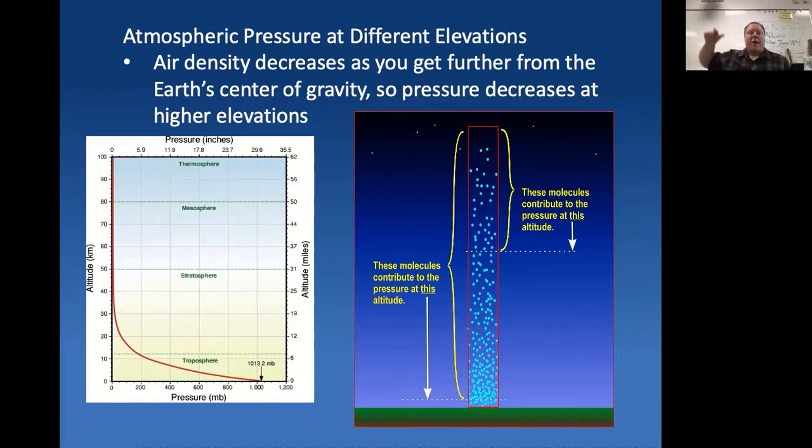When you go up on a mountain, you get less air because it keeps flowing down the mountain. Even if it comes back up there, it flows right on down. So there's less pressure up there. And the higher you go, the less pressure you're going to have. So as you go up into the atmosphere, even higher than a mountain, you're going to get even less air. And so the pressure goes down.